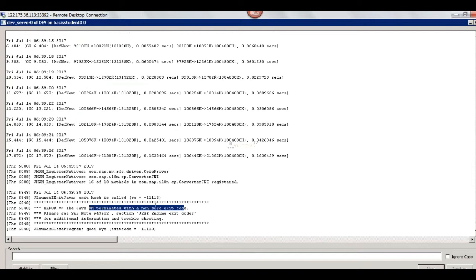Yeah, I have. Open this SAP note 943602. In that SAP note you will have JVM has been terminated with non-zero exit code. See the solution and try to solve this issue. Can you do that after?